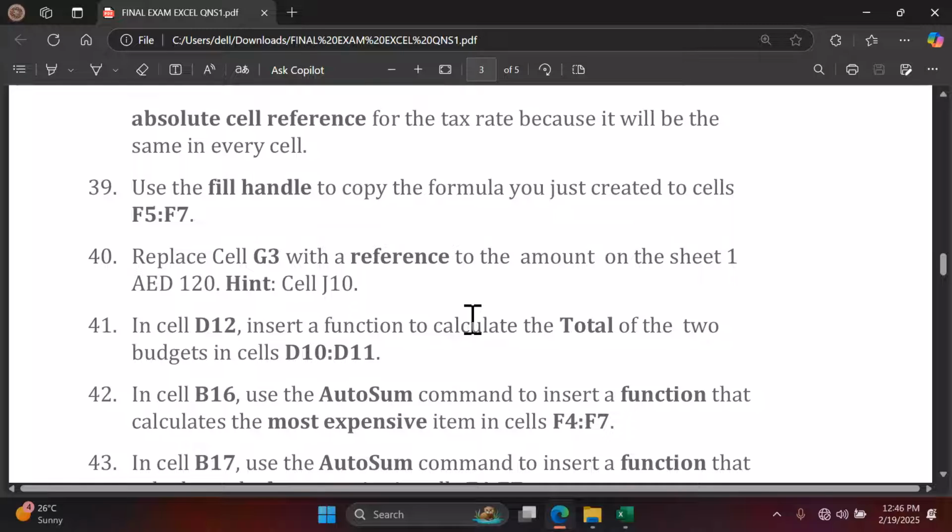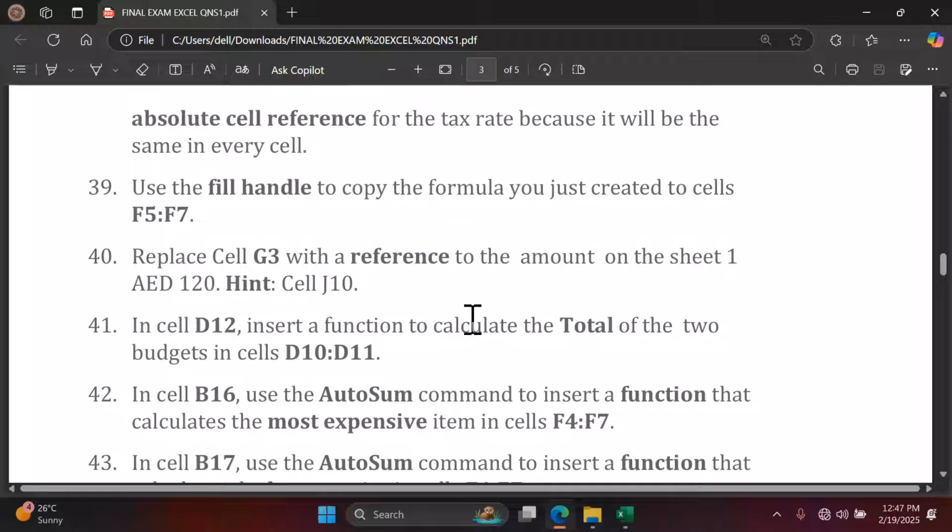So here the question is very simple. They want you to transfer the amount from sheet 1 to sheet B, and they give you the hint that the amount is supposed to be in